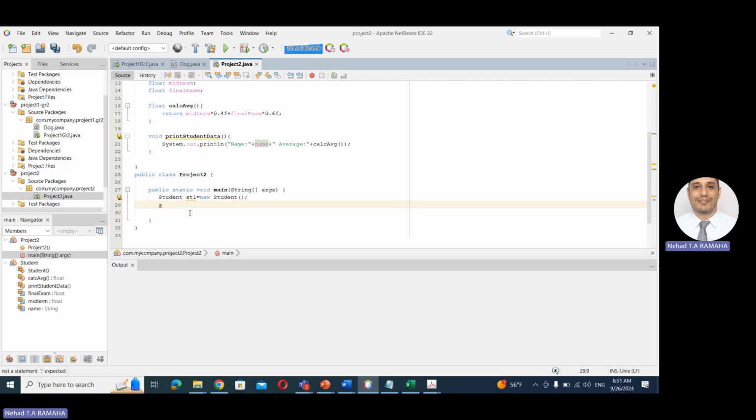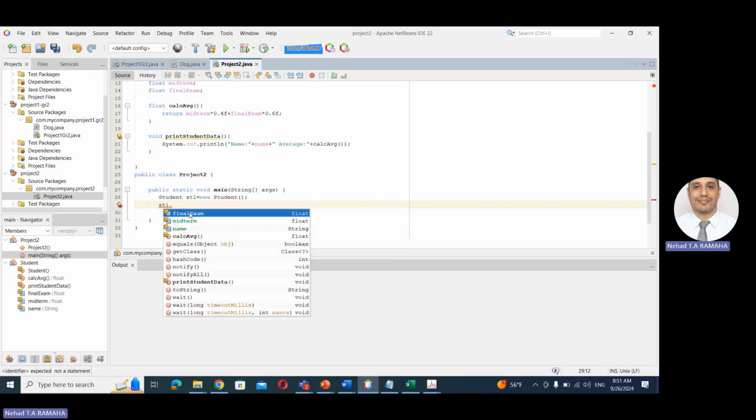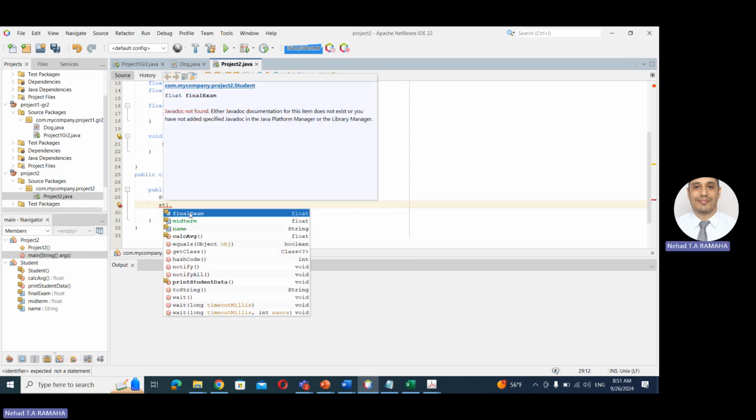So I will say SC1 dot, and as you can see here, the IDE gives you the choices. We can choose final exam, midterm, and name, which come in green color here. You can say dot calculate average, which comes in bold color, and print student. This is the content of the